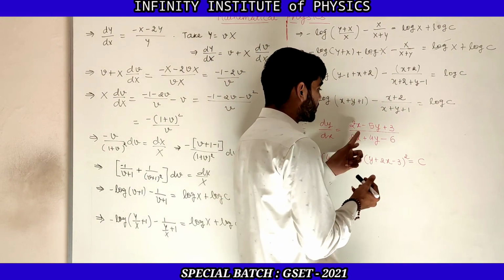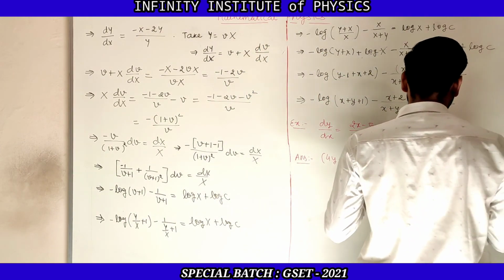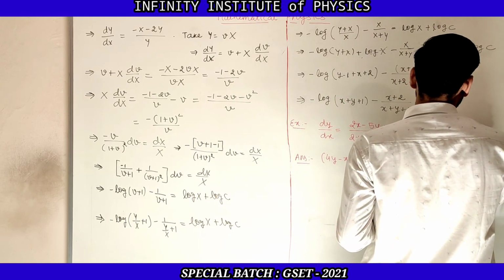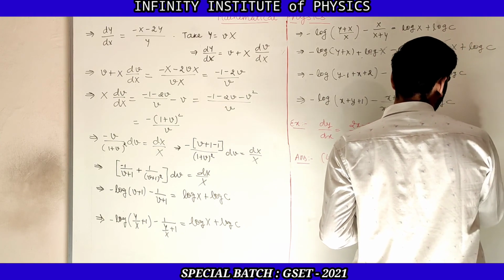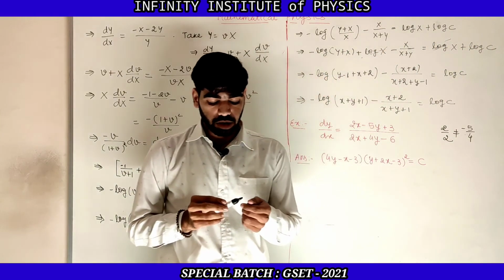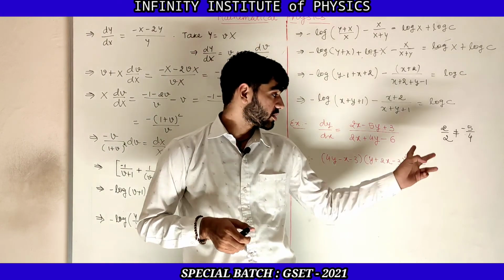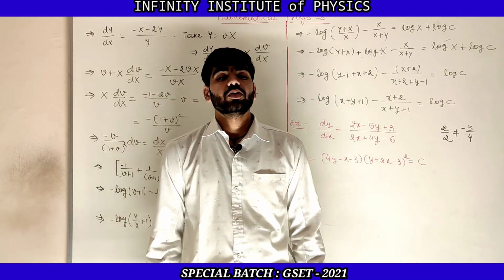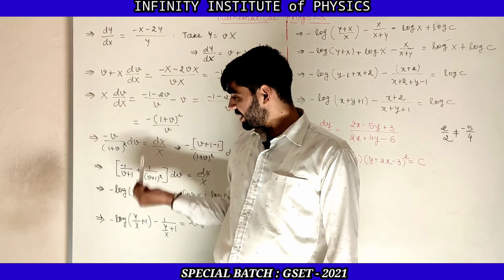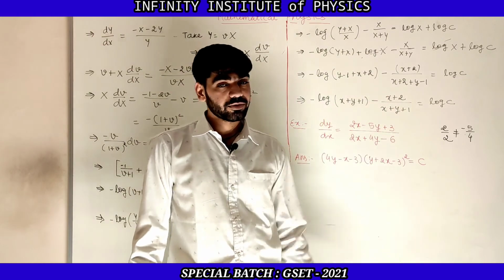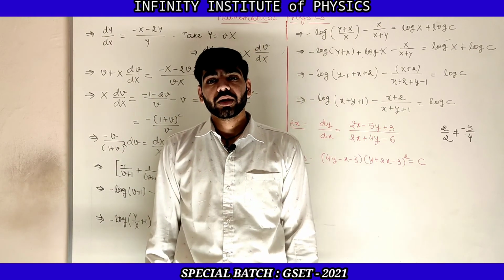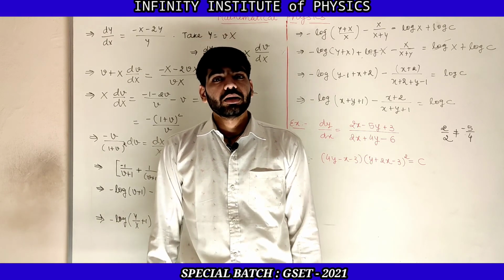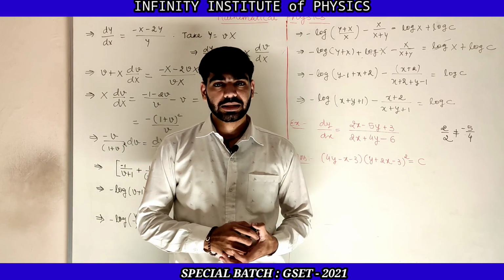Here you can see the ratio of the coefficient of x, that is 2 by 2, and the ratio of the coefficient of y, that is minus 5 by 4. So now you can see that 2 by 2 is not equal to minus 5 by 4, and so that's why this is the example related to the second case. And so now you have to solve it the same way as you have done for this example. Clear? And so up to this we conclude this lecture over here.